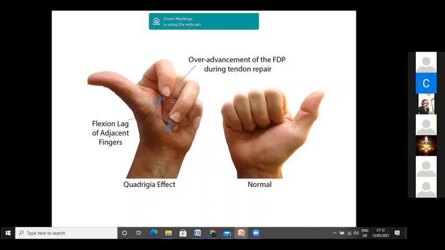Shyam, can you say it once again for the rest of the guys? So when we do a tunnel and attach the tendon, the length of the tendon decreases, and as such, when we try making a fist, the shorter tendon comes first, and the synchronicity of the other fingers is lost. Okay, very nicely said.